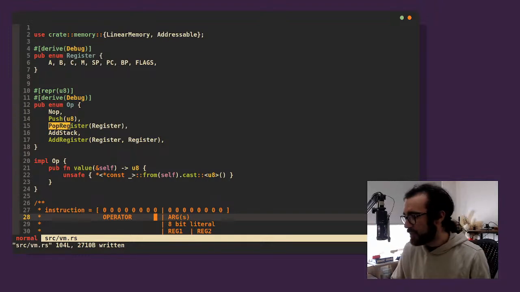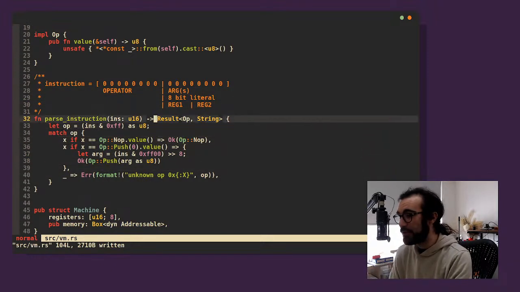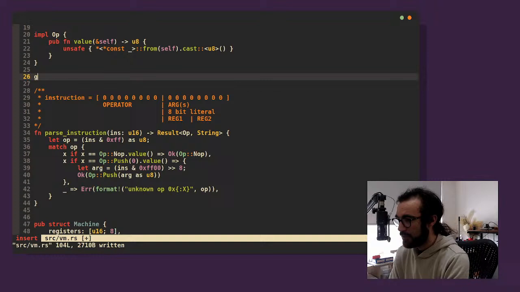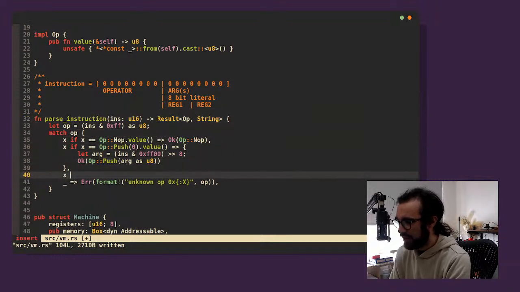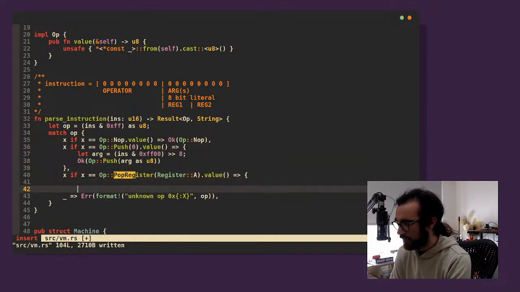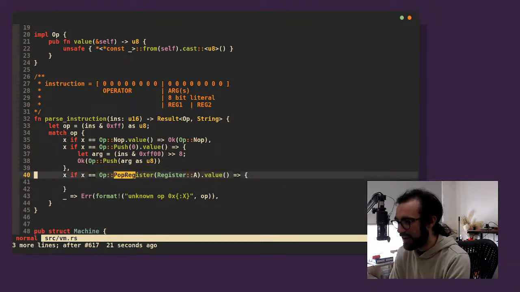Okay. So, we need to do a little bit more work though. So now down here, we definitely need to do more work. Instead of copying this everywhere, because there are going to be lots. Actually, let's not do that yet. Let's just do things once first. If x equals op pop. This is less clean than I hoped, but that's okay. Pop